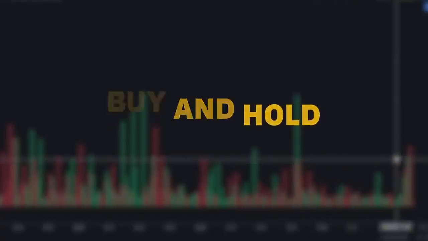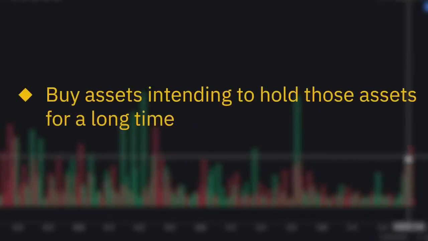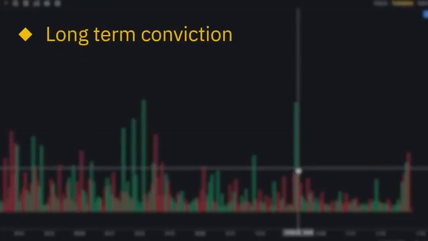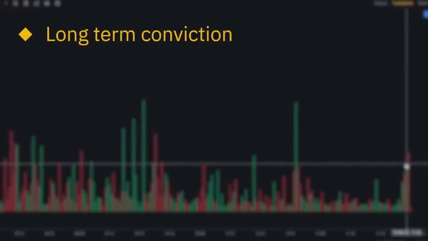This is a strategy where traders buy assets intending to hold those assets for a long time, regardless of market fluctuations. This strategy is typically used in long-term investment, where the idea is to get in the market without considering the time it will take to make a profit. The idea behind this strategy is that the trader has long-term conviction, and they believe that the asset will gain